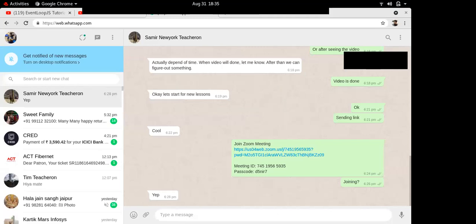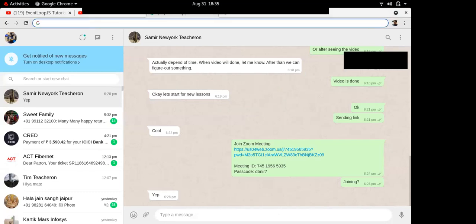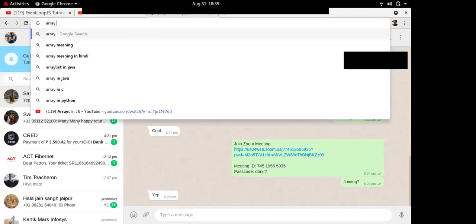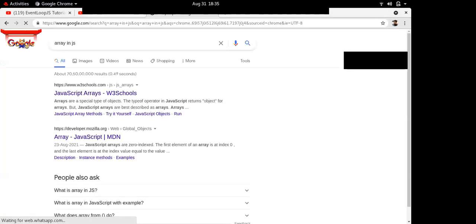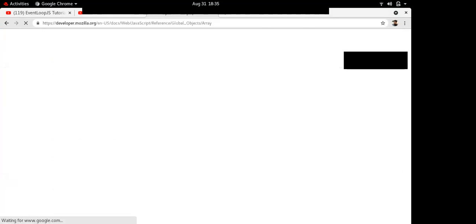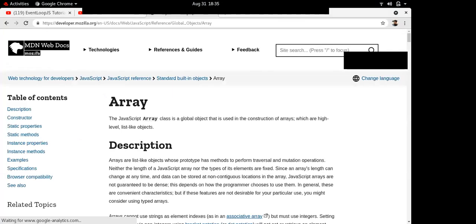Similarly, one more is the reduce method. One is slice, one is splice. There are a lot. Splice method and push method are different. Push is the simplest one. The push method is used when you want to add a new element to the array. For example, there are three elements in the array, 11, 15, and 17. Now you want to add a new element, maybe 20. So you can do array dot push 20.